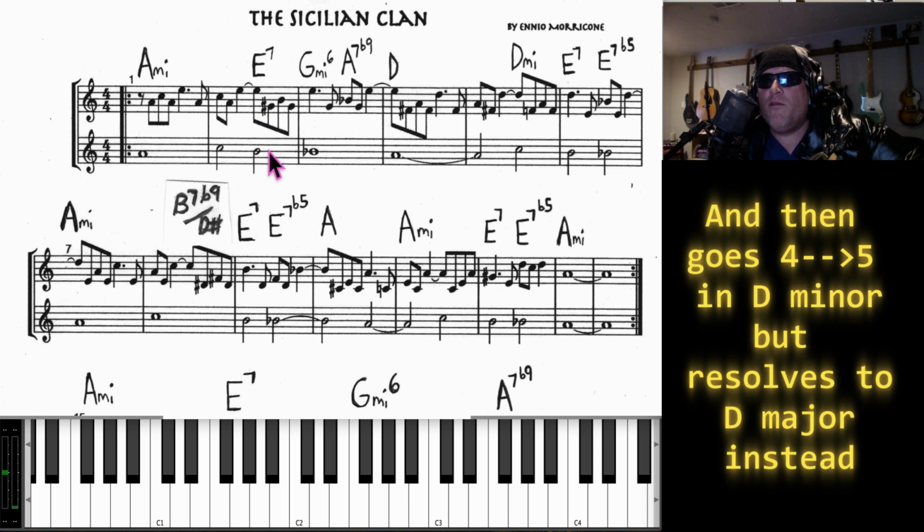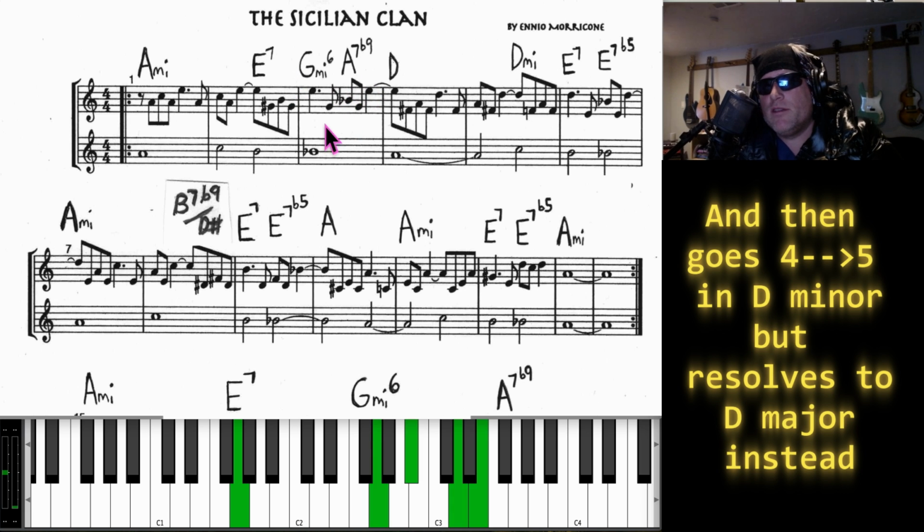And then we go to a 4/5 in D minor. But they take that rule that anytime you have a 4/5 or a 2/5, you don't have to resolve to the major or the minor. You can just resolve to either one. But it does a clear 4/5 in D minor, which would be G minor 6,